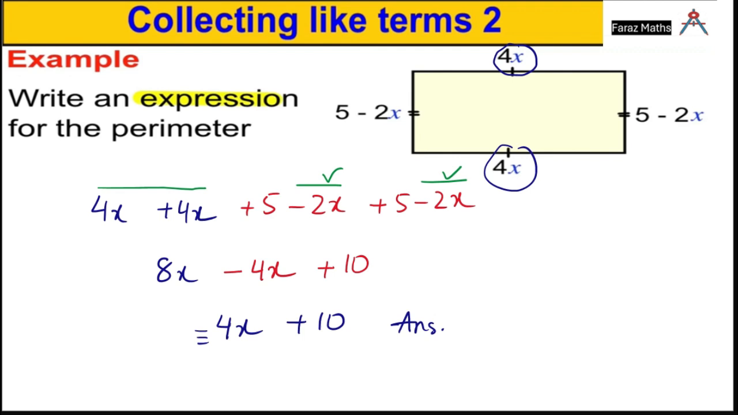If we know the value of x, you just have to replace that value. Suppose if x is 2, so you can just write 4 bracket 2 plus 10, and 8 plus 10. 18 would be the perimeter of the rectangle if x is given. But now x is not given because that's an expression. Okay, coming to the next,